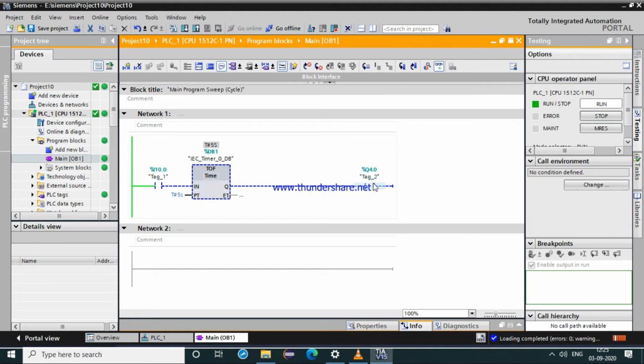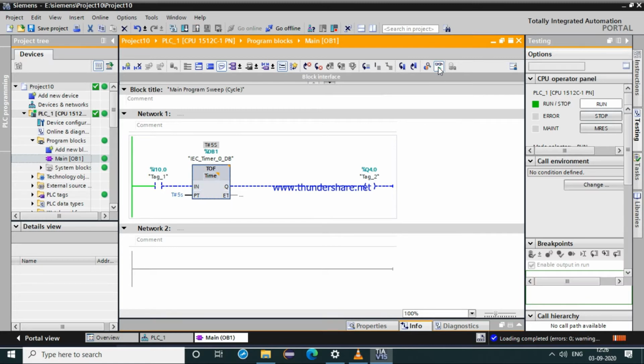and after the timer reaches the preset value, the output goes off. In T on timer, what used to happen is after the time reaches our preset time, we used to get output. But in T off timer, we get output previously as soon as we give a single trigger to this T off timer, and when it reaches the preset time, the output will go off. This is the trigger, and that is continuous output. When it reaches the preset time, the output will go off. This is the function of our T off timer.